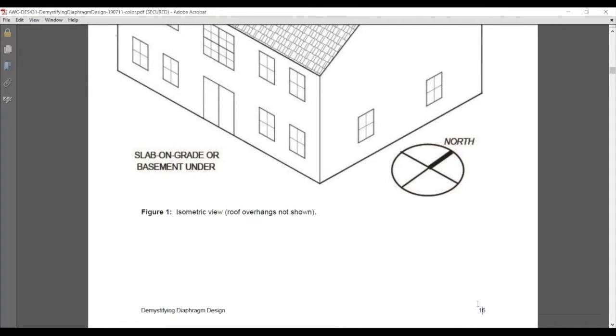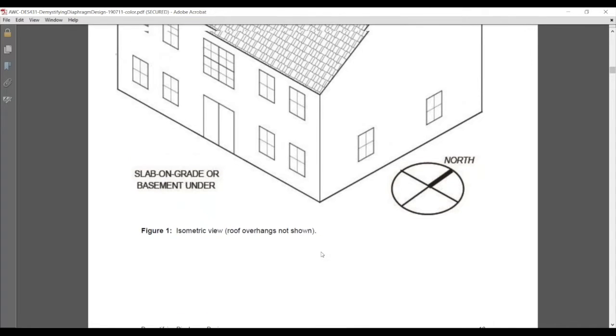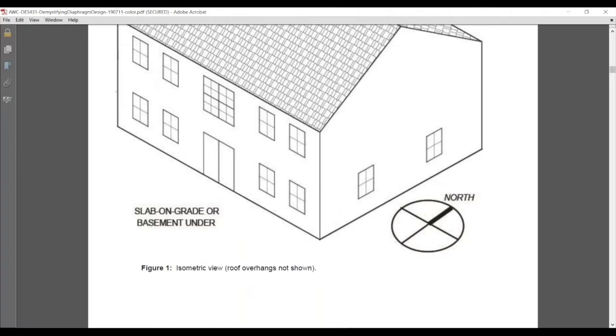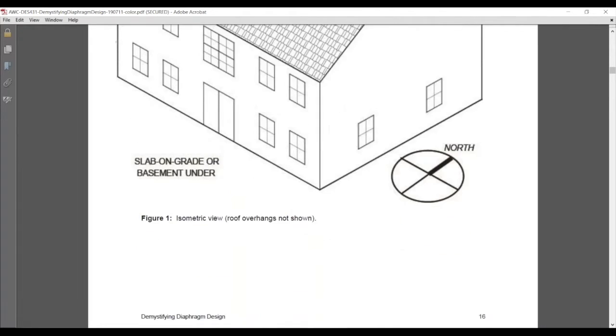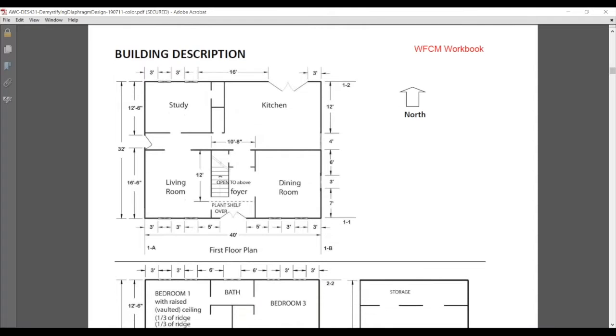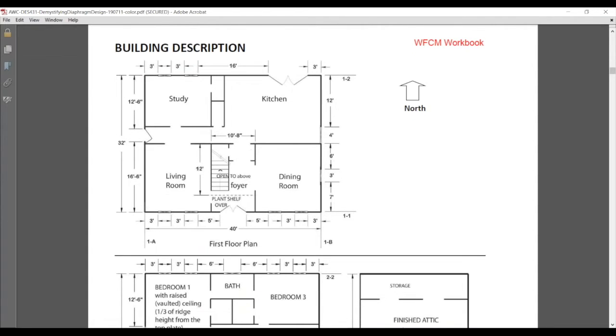So we've had some comments about wanting to be able to know where I am in the Wood Frame Construction Manual or in the workbook, so I'll try and point that out along the way. This is figure 1 near the front of the workbook, and it just shows a nice metric view of the two-story structure that we use for this example. So still in the workbook then,